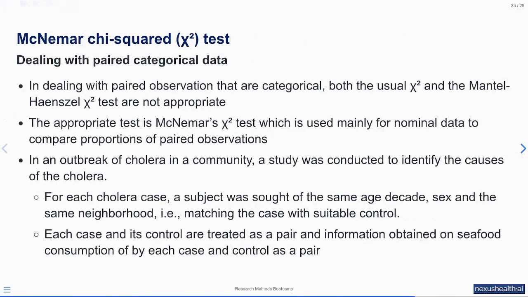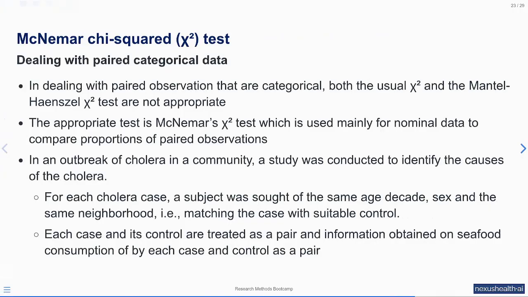What about when there is pairing of the data? What do we do? In this instance, we use the McNemar chi-squared test. In dealing with paired observations that are categorical, we cannot use the usual chi-square test and we cannot use the Mantel-Haenszel test. These are not appropriate. The appropriate test to use is the McNemar's chi-square test, which we use for nominal data to compare proportions of